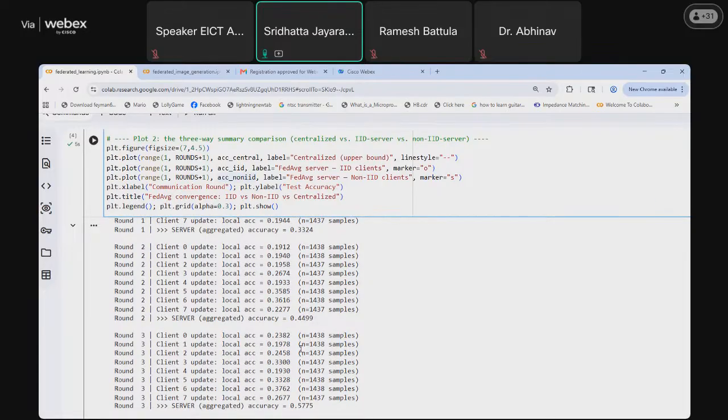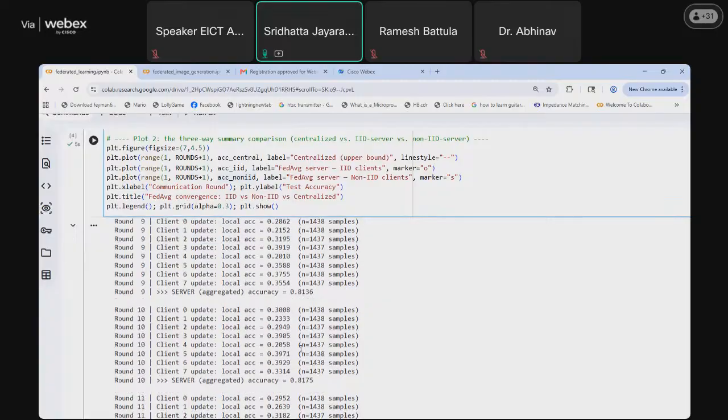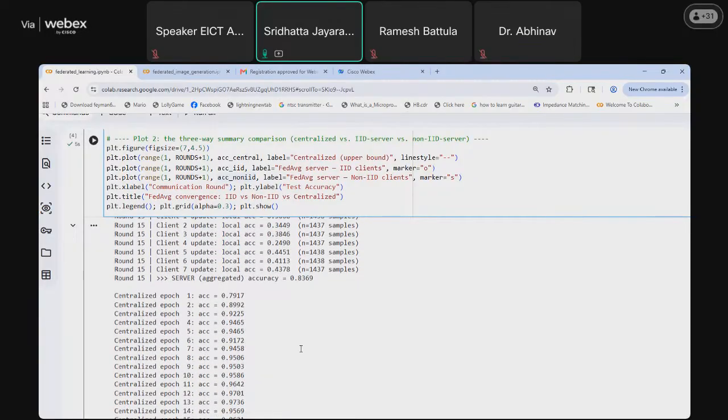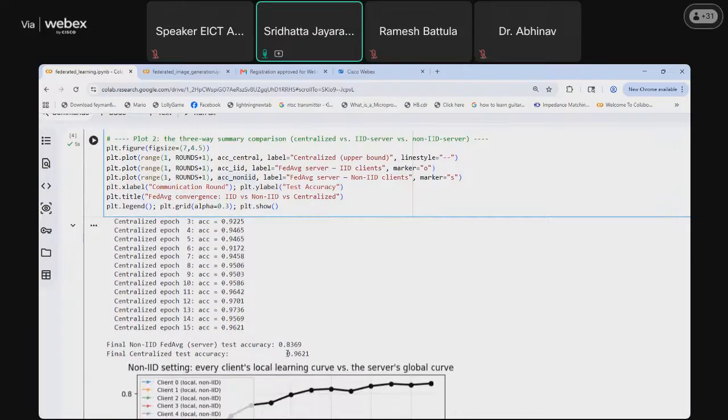Then in the next round, the server accuracy jumped to 44%. Likewise, it improved, and in the 15th round the server accuracy was 83.69%. For comparison, the centralized upper bound accuracy was 96.21%.